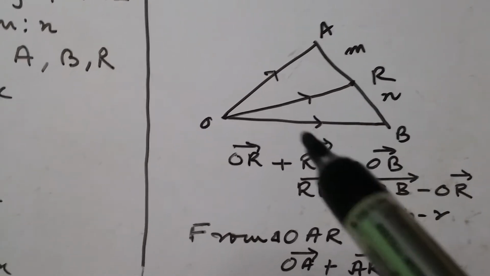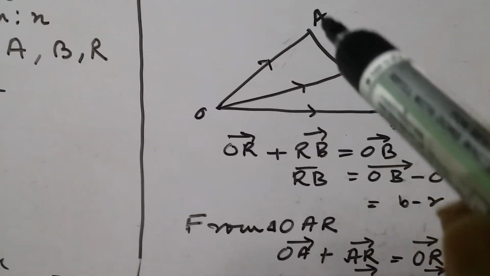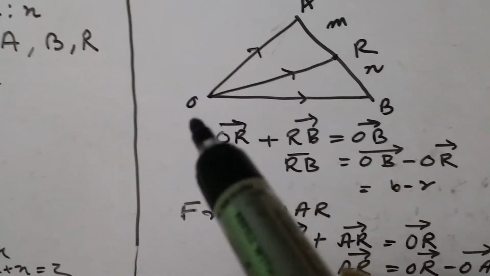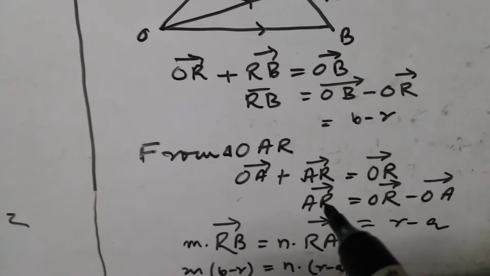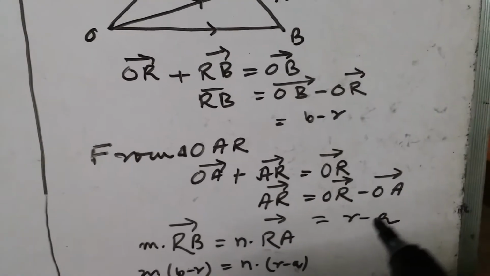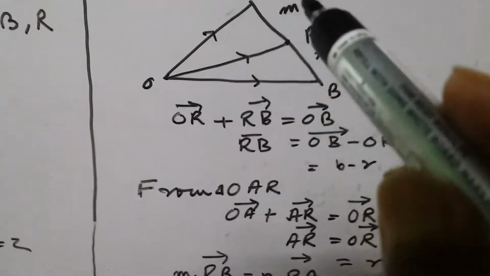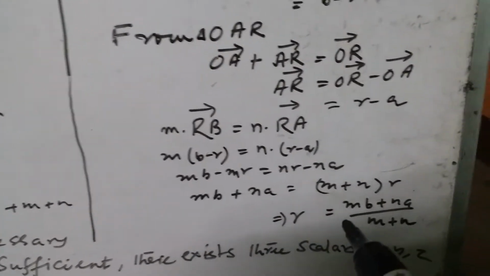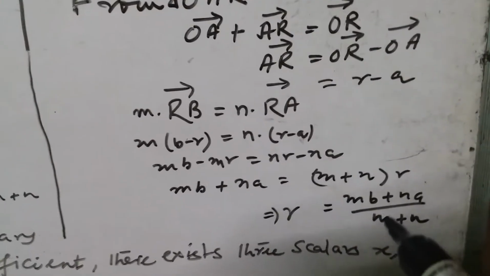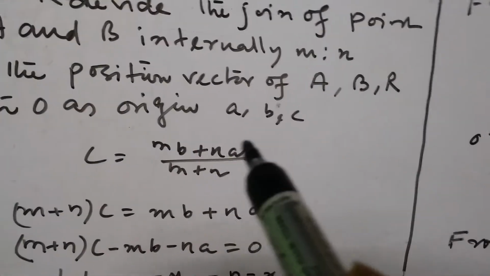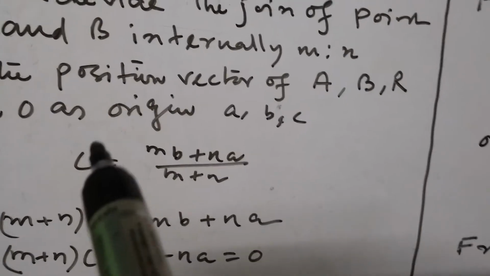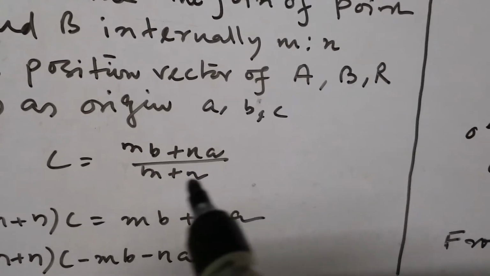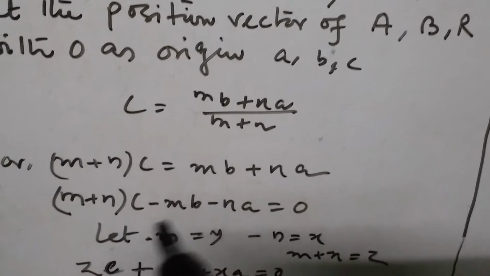In this way, OA plus AR is equal to OR. So AR equal to OR minus OA, so R minus A. So M into RB is equal to N into AR. From there, R equal to MB plus NA by M plus N. So here R equal to C equal to MB plus NA by M plus N, and we multiply, we get